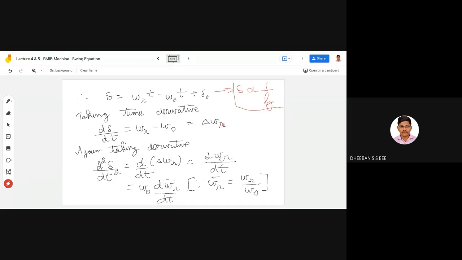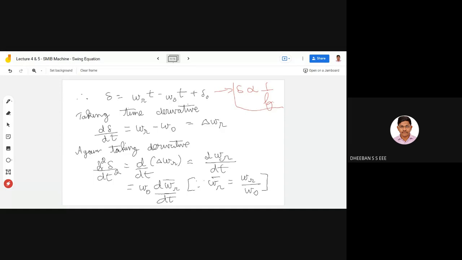So again, we'll be taking a second derivative, in order to find this d omega r dash by dt. Taking the second derivative for this, d del omega r by dt will be coming out, and this del can be replaced with your d omega r by dt. And now, as per what we have seen in the relationship between your mechanical and electrical radians,